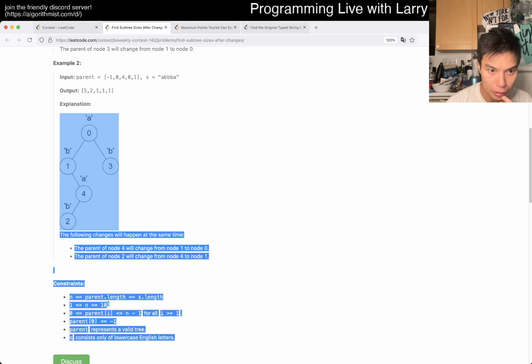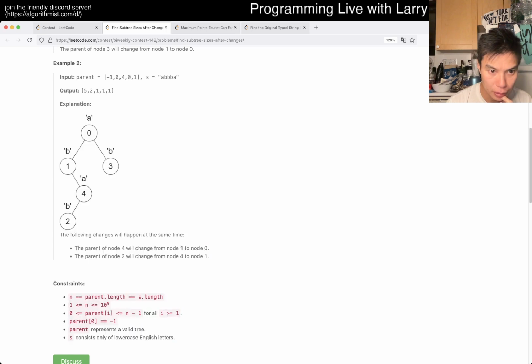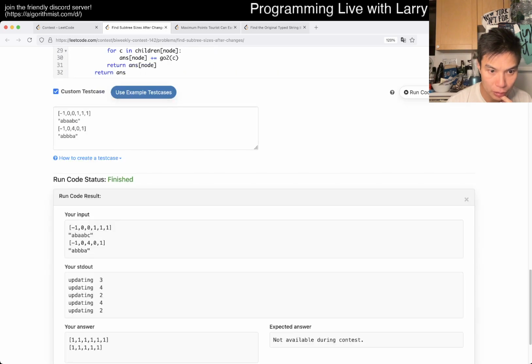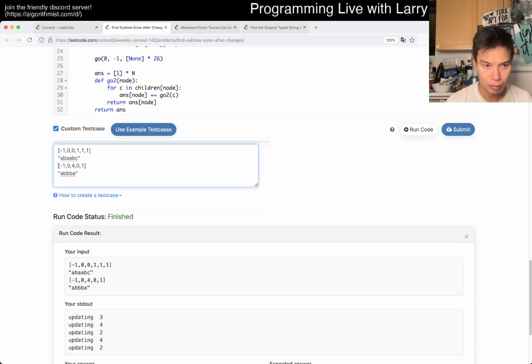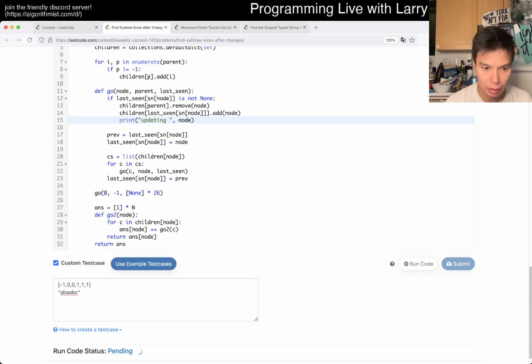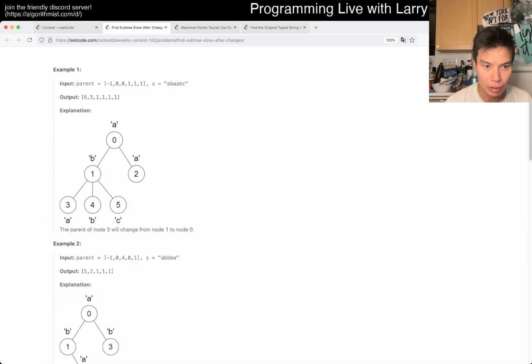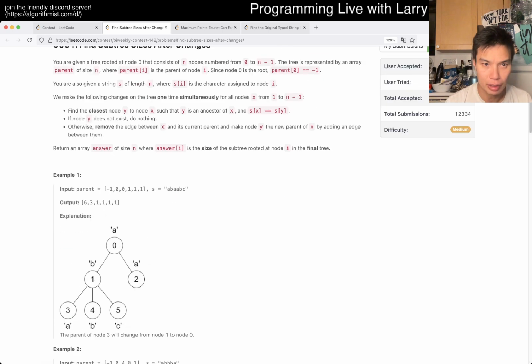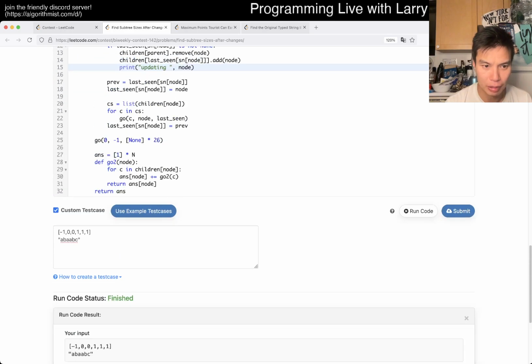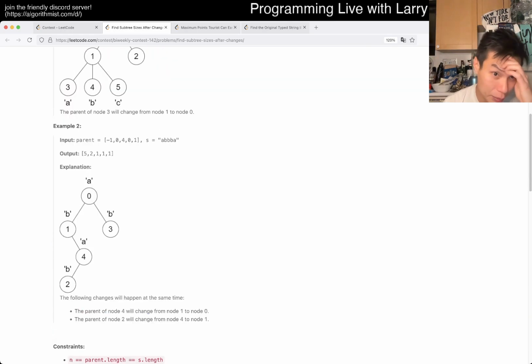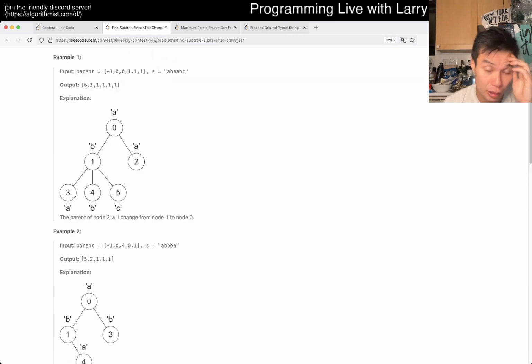Here, we're updating 2 and 4. Something feels funky. 3, 4, and 2. Oh, I guess that's true actually. It's just that you don't really update them per se. That's why it's a little bit weird. But okay, because it's the same thing.